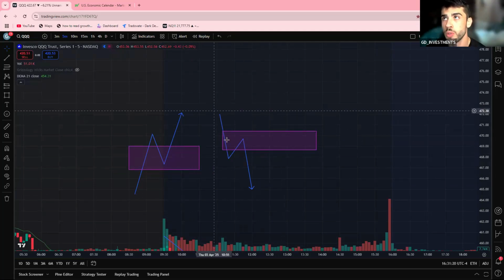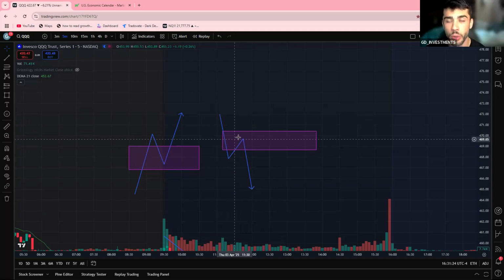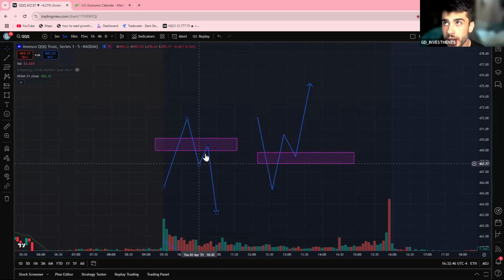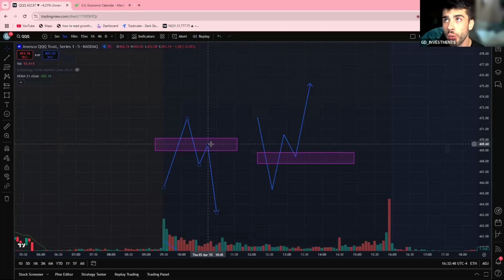Price makes an impulsive move to the downside. We expect price to come back in, sellers get filled, and have price continue down. Inversion gaps are the exact opposite. So now in this scenario, we have a bullish gap formed, but price disrespects this gap, closes below this area. Then we get a retest, and then we can look for a short entry